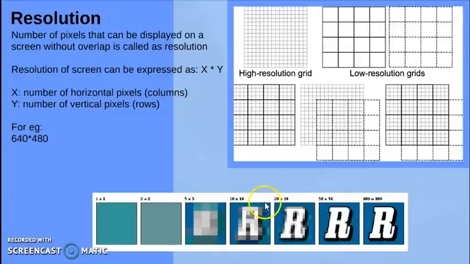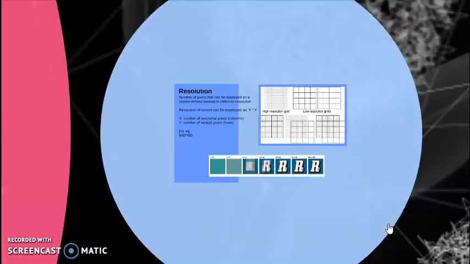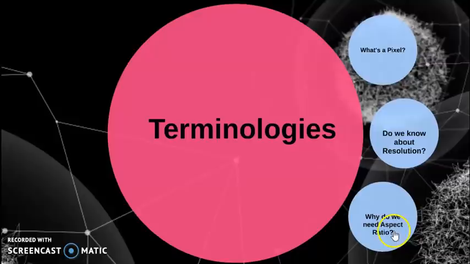Next, we increase the resolution to 10 cross 10. We go on increasing the resolution till 100 cross 100. I hope the picture is very clear. What will happen if I shift from low resolution to a high resolution? As I said, the fine details of the images can be captured very properly. So this is what we mean by resolution.